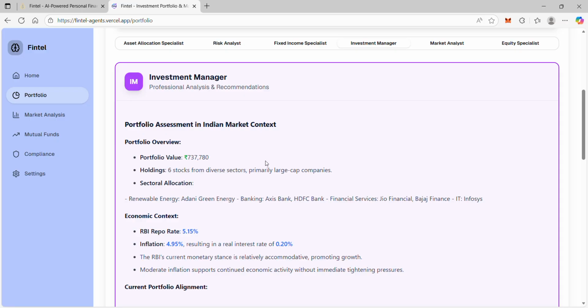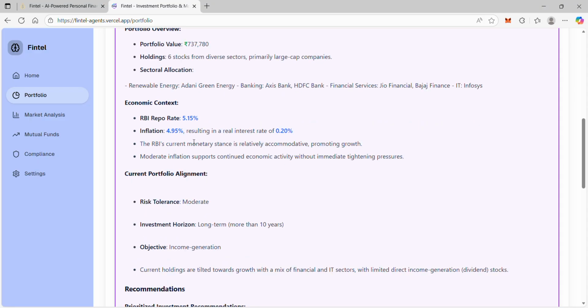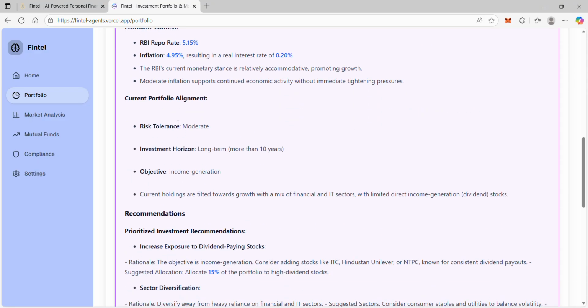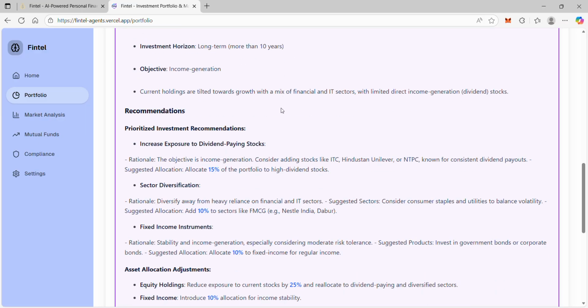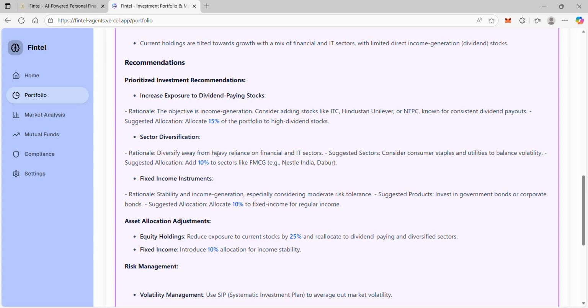Then the investment manager analyzes how much you have invested, how many stocks, the sector allocation, and all the context from real-time data. Then the current portfolio alignment is moderate. How long are you going to invest? This is all the input data it is taking. Then recommendations. The investment manager says, okay, try to increase the